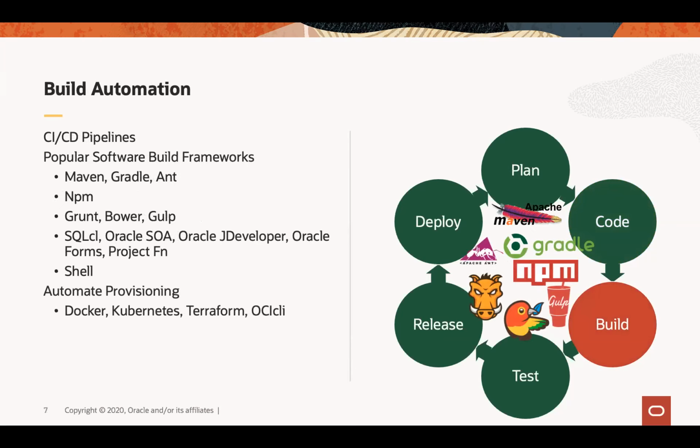Once your code is ready to be deployed, we can automate the build process. What we do here is provide you the ability to leverage multiple types of build frameworks. All the popular ones that are out there, whether it's Maven or Gradle or Ant, all of those are very popular with Java developers, for example. NPM if you're using Node.js modules, Grunt, Bower, Gulp if you're packaging, for example, JavaScript UIs, SQL CL if you need to run part of your build